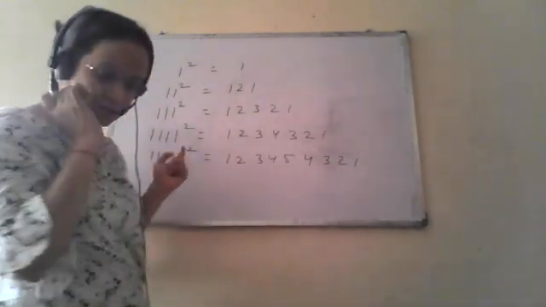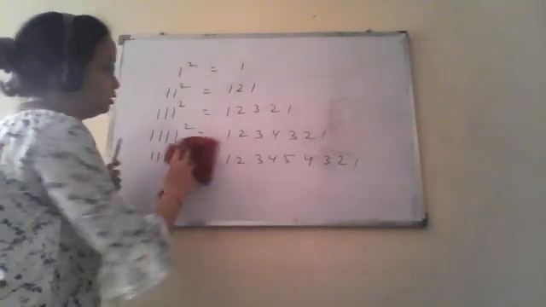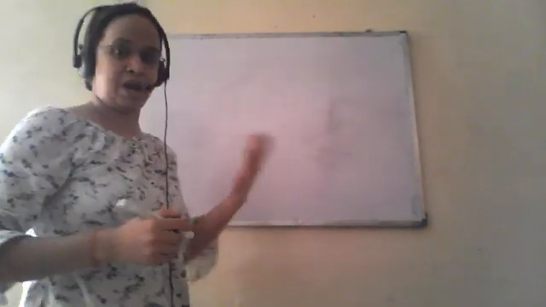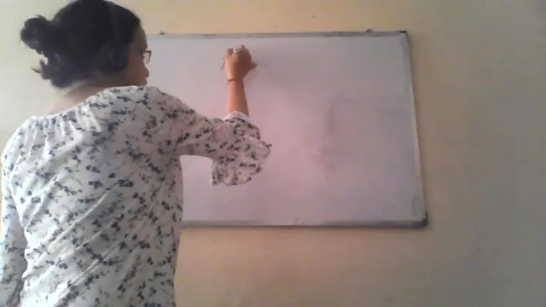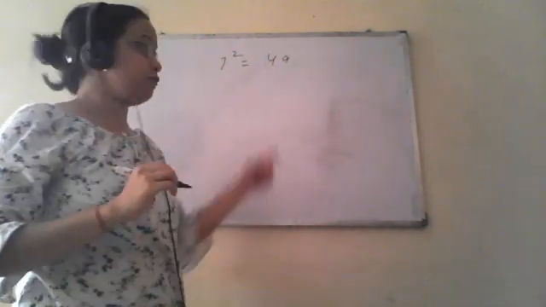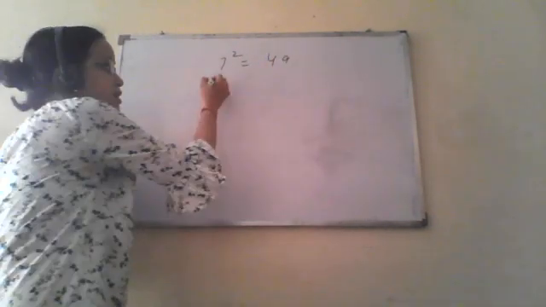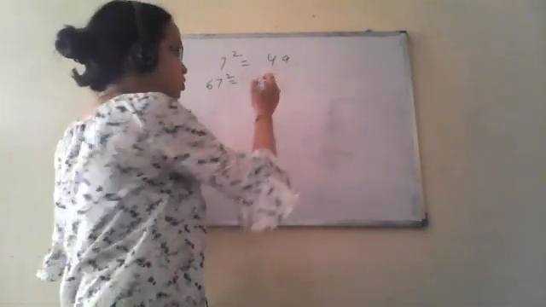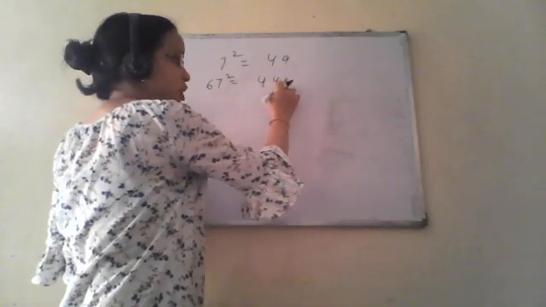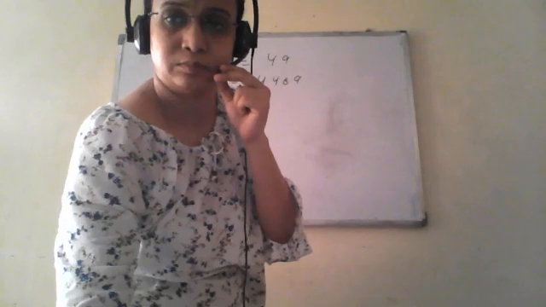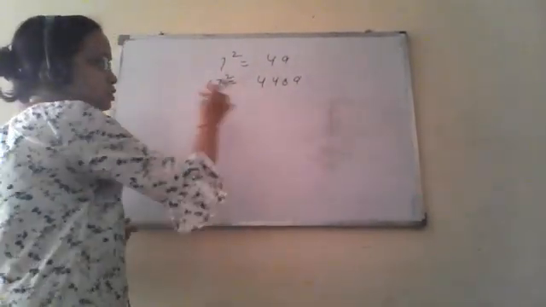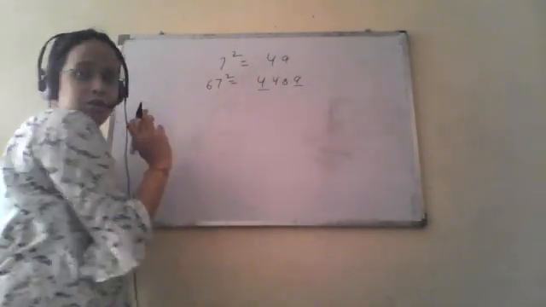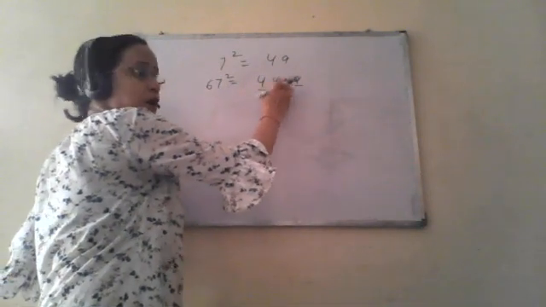There are certain fixed patterns, like for squares of numbers ending in 7 with 6 before it, like in the workbook. 7 square is 49. If we add a 6 prior to this number, that is the square of 67. For each 6, what do we have to write? 4 and 8. So 49 you have to write as it is, and for each 6 you have to write 4 and 8. Suppose there is one 6, you have to write 4 and 8.